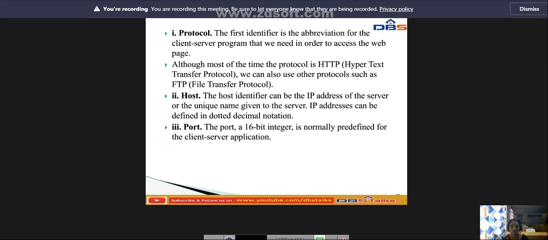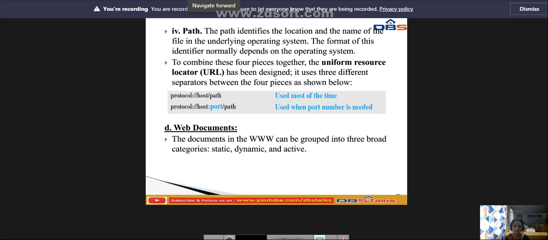Next, coming to the fourth one, the path. A path identifies the location and the name of the file in the underlying operating system. The format of this identifier normally depends on the operating system.